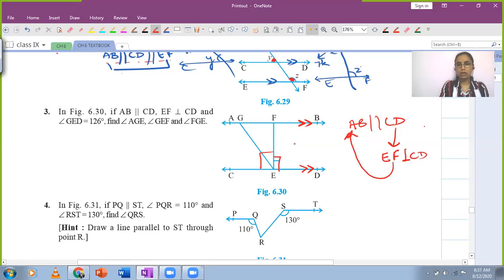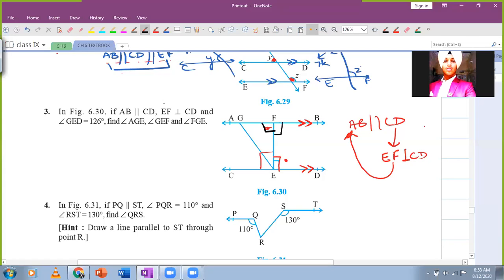And we discussed this yesterday, how this happens. If we take alternate interior angles like these two, these are alternate interior angles, or if we take the co-interior angles, in either case you can prove that the angles formed by EF with AB are 90 degrees, which means that EF is also perpendicular to AB. So the angles over here will also be 90 degrees. So you can just mark that for yourself, although we will be writing this in the answer. You have to explain how you get these angles as 90 in case you are using it in your question.